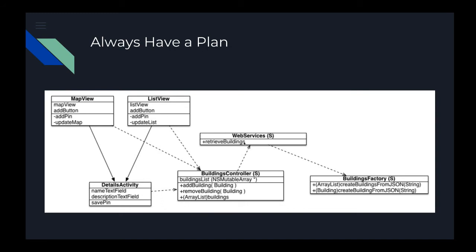Web services doesn't need to know, well, it's just an array list, but it doesn't need to know what's inside of that array list. Maybe it's just a generic array list that gets sent back. And then web services returns that to the buildings controller. But in UML,